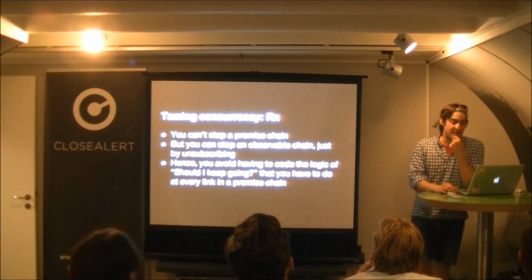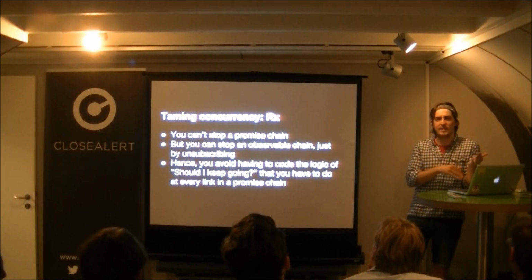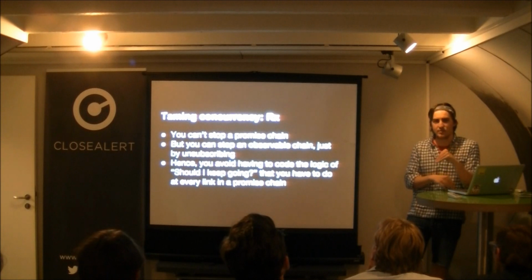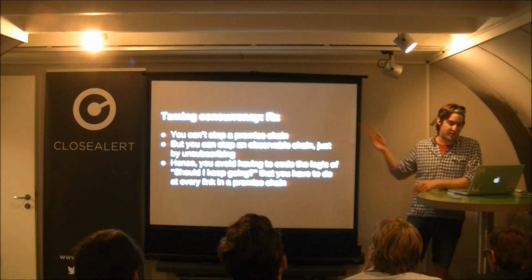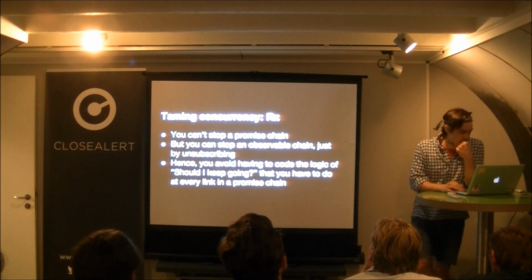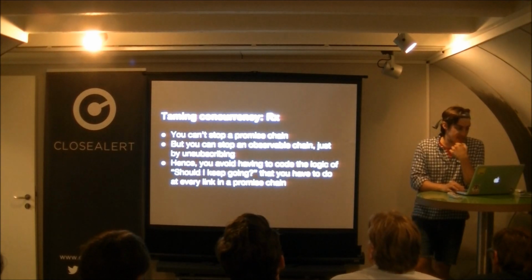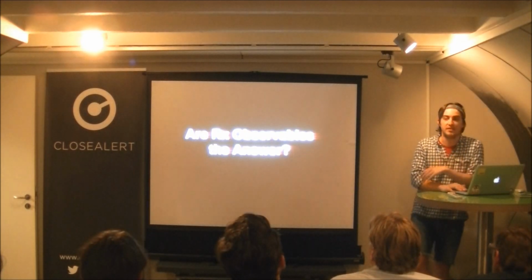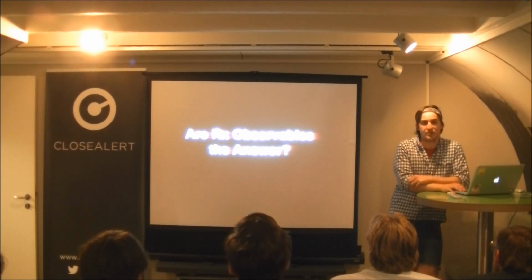Whereas if you had to try to do that in promise land, every link of that promise chain would have to keep on checking, like, should I keep on going? Has the user gone away? Blah, blah, blah. And that pollutes a lot of that code with unrelated logic. So that's why I like Rx so much, is that it just nails that use case, even though it's pretty tricky. So again, if this wasn't a good introduction to Rx, I definitely would encourage checking out the